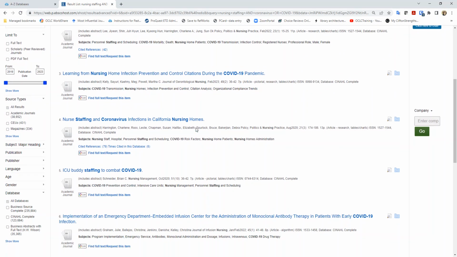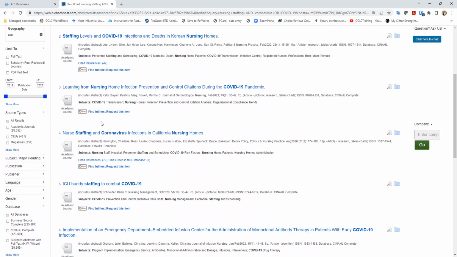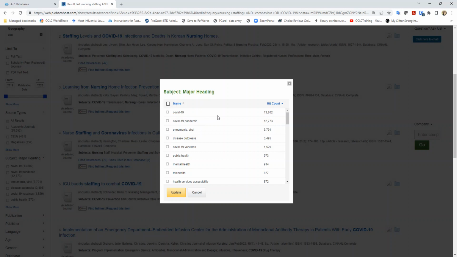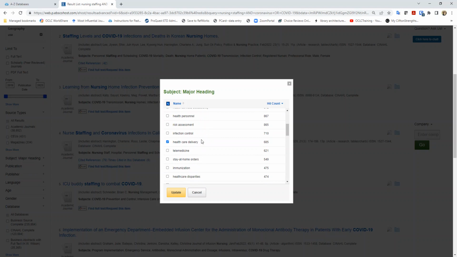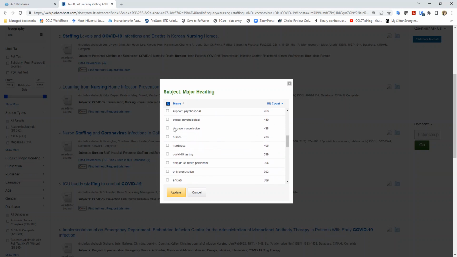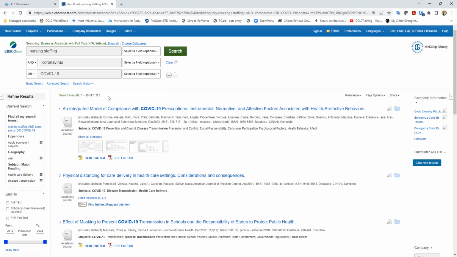And if we look some more, we could see that perhaps there are other things that we could use to limit it. If we click on this subject, for example, we can see all of the subjects of these articles. And we may be interested in some specific aspect of healthcare staffing, such as healthcare delivery and disease transmission. If we select those two, it will use our previous selections and add these to them. And now we're down to